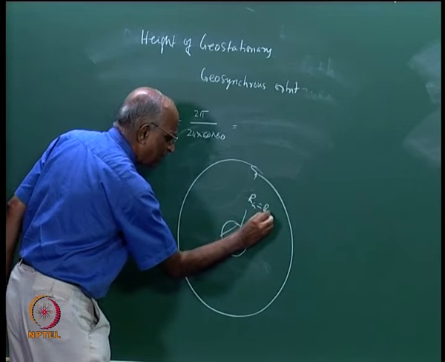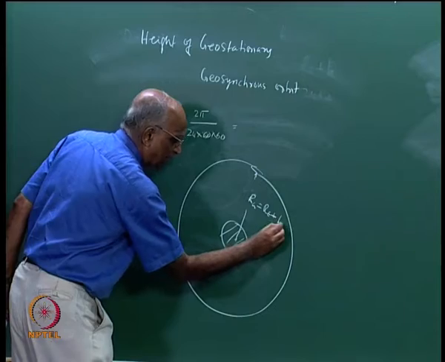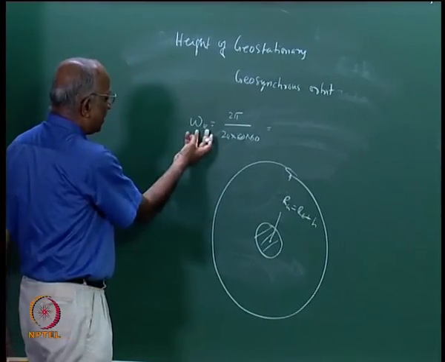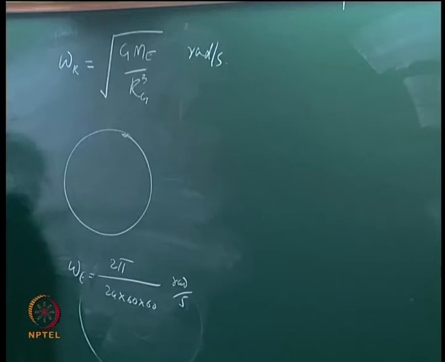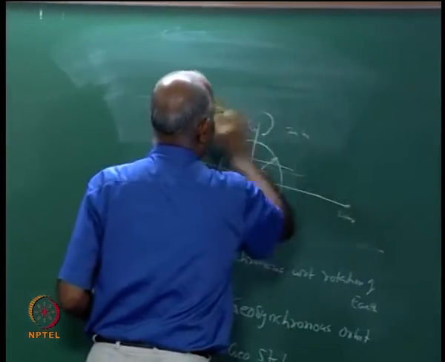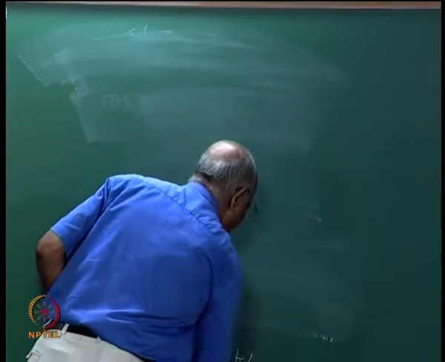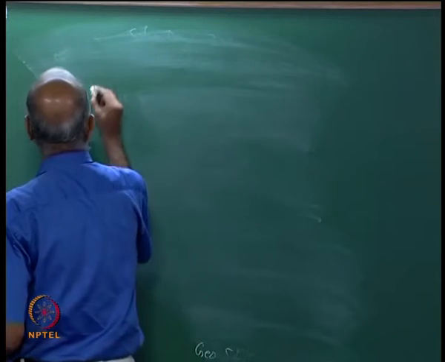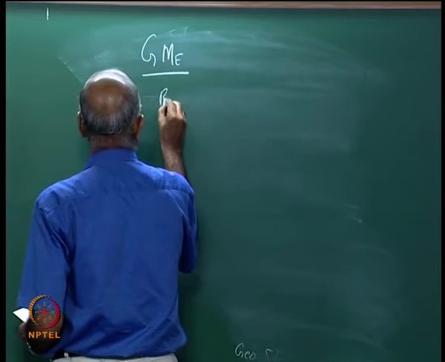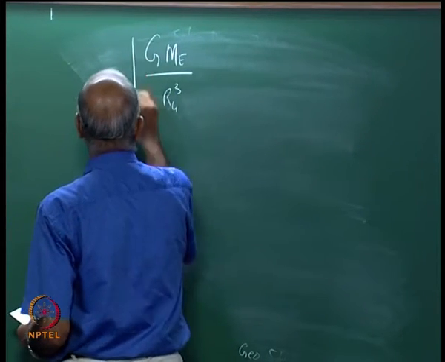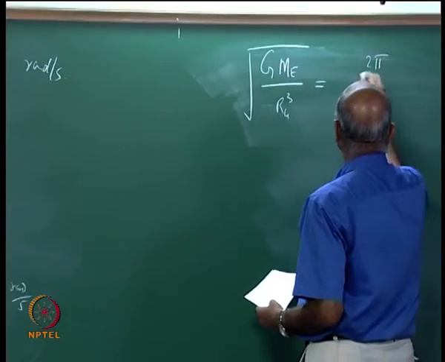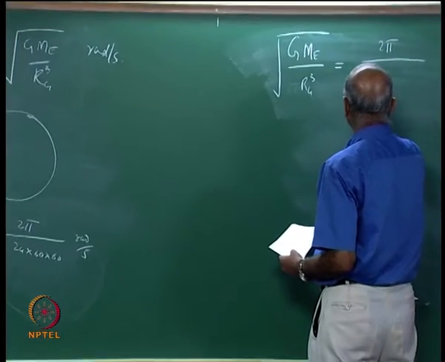I am considering this height as hg, and the radius I say is rg. rg is equal to the radius of the earth plus the value of h corresponding to the geostationary orbit, and therefore we just had the expression for omega e. If now I were to calculate the height of the orbit at which I am going to get 24 hours, what is it I get? I get under root of G Me by rg cube is equal to 2 pi divided by 24